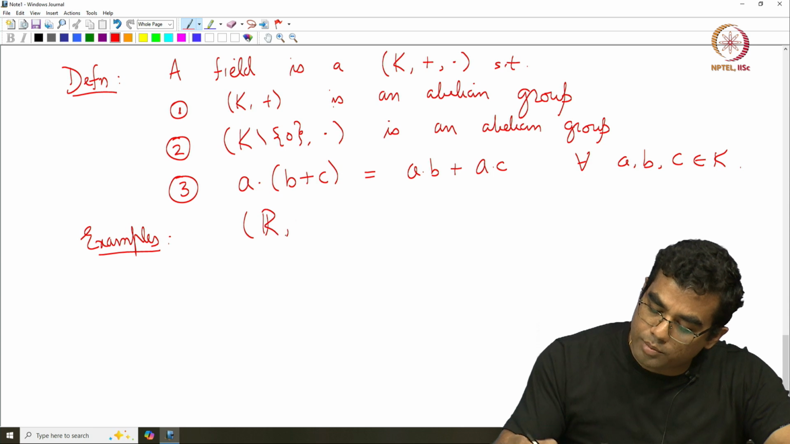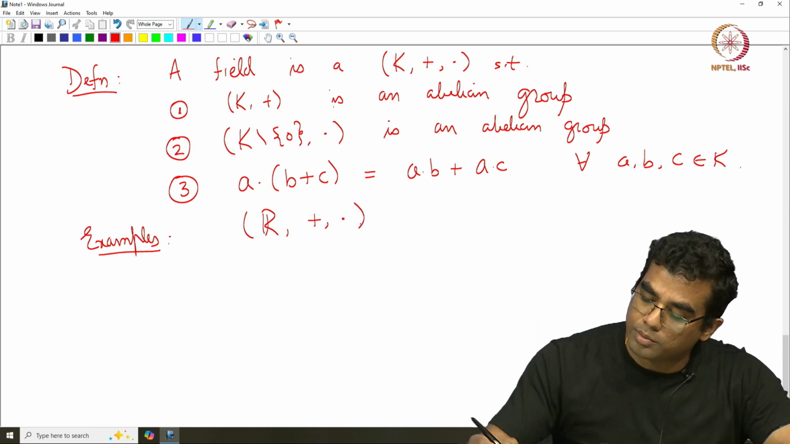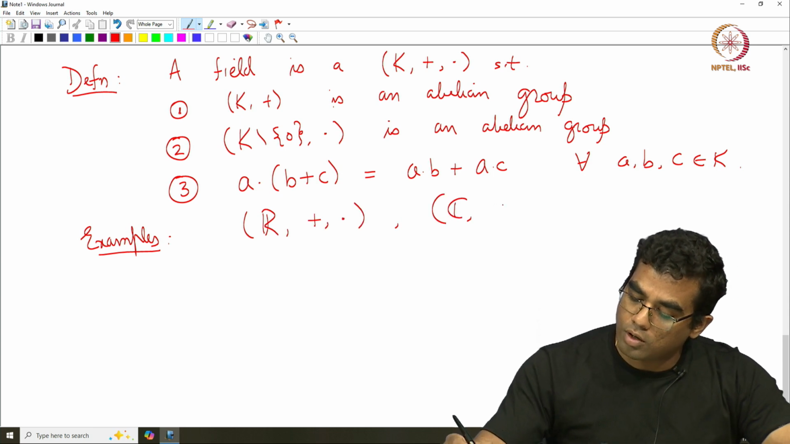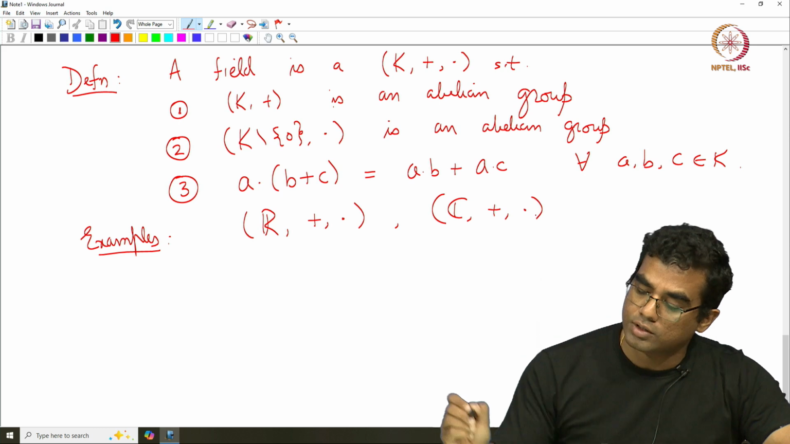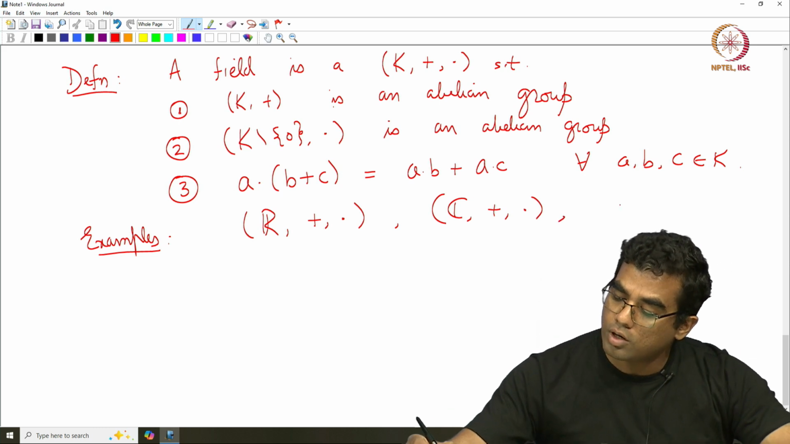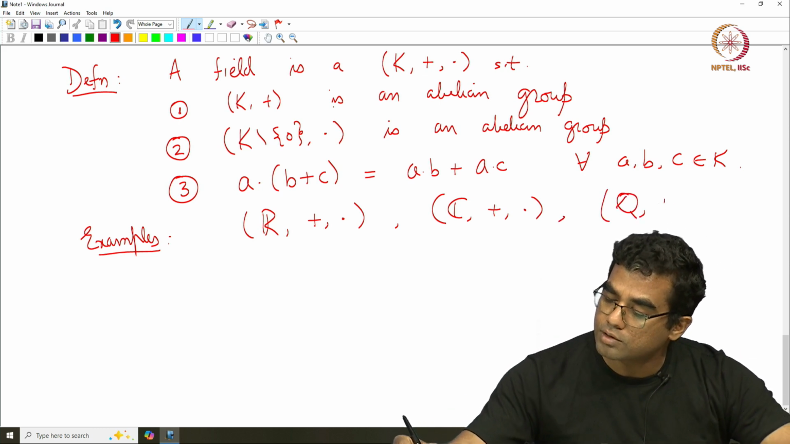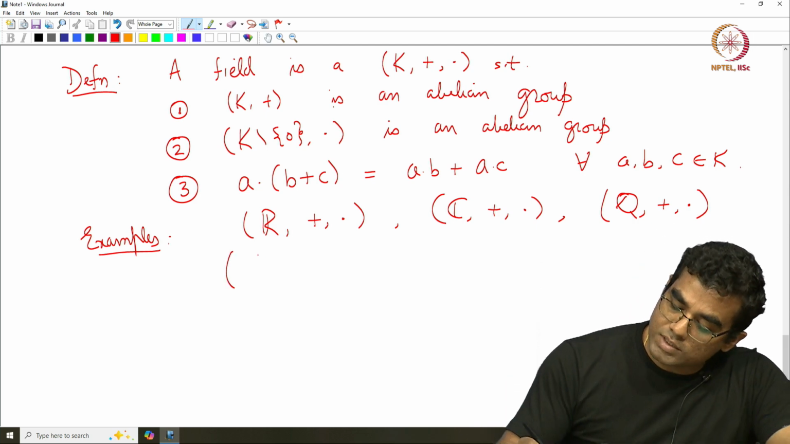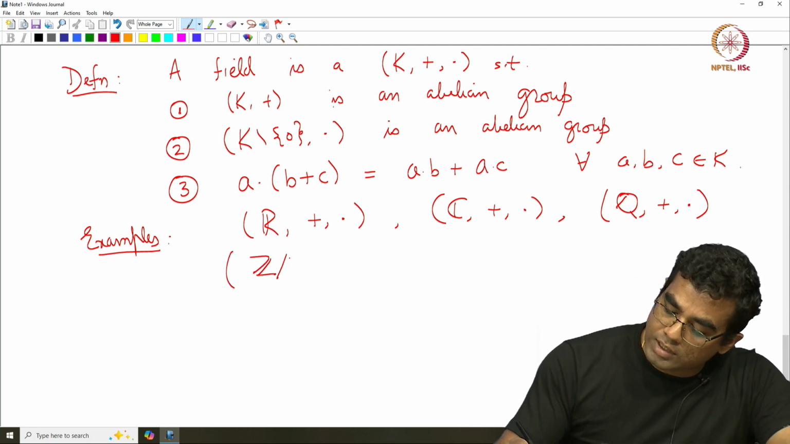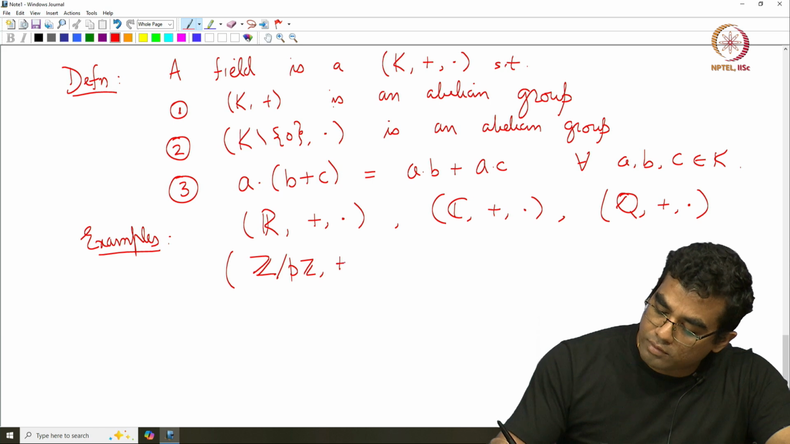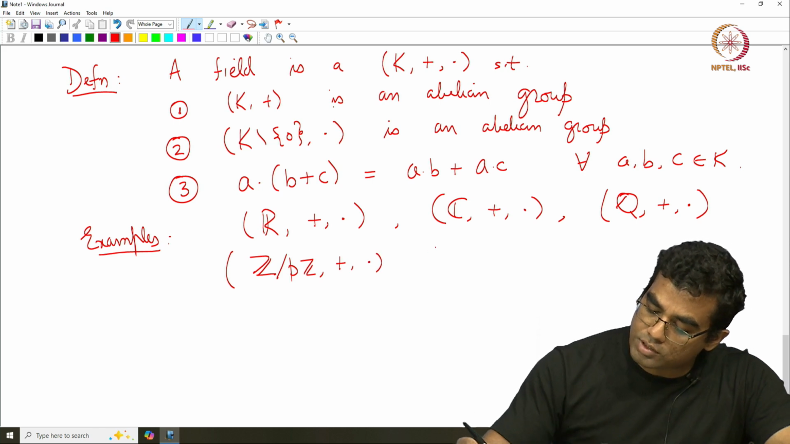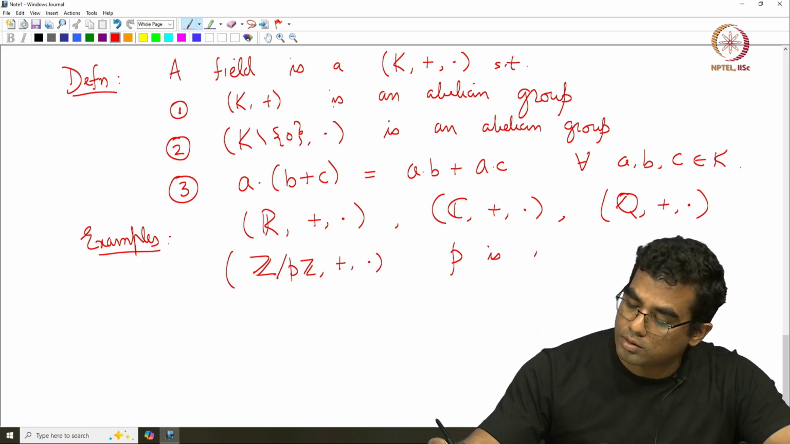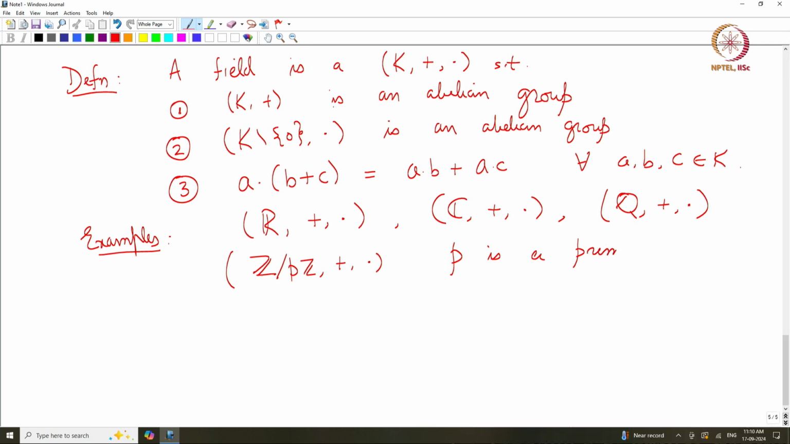are you take real numbers with addition and usual multiplication, or you take complex numbers with usual addition and multiplication, or you take rational numbers with usual addition and multiplication, or maybe somewhat less familiar, you can take Z mod pZ with usual addition and multiplication. Here p is a prime number,